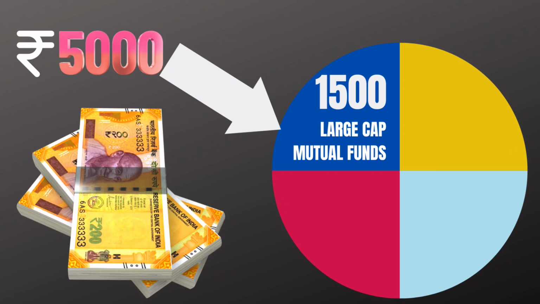In this video, I will share this roadmap on how to divide your 5,000 to multiple investments, and in the end I will also show you a calculator to help you to analyze how much you can earn for a certain period of time. So let's suppose you have 5,000, so invest your first 1,500 among that 5,000 in mutual